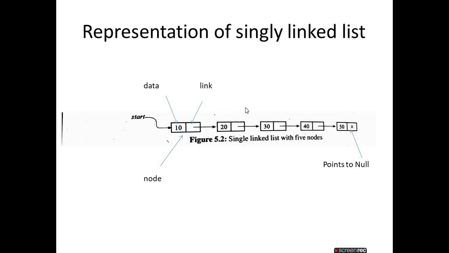This is basically how to represent a linked list. This is called a node. Just think of a linked list as a chain. For example, this is a node, and this is like a link. These are connected: this node is connected to the next node through this link, and that node is connected to the next node through this link. So links are linking, linking, linking, linking.